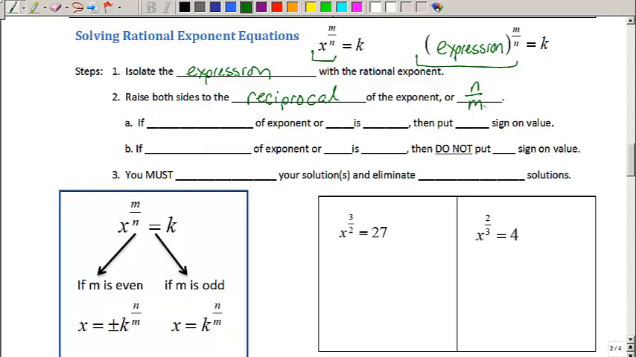Just like I did when I was taking the square root, instead of taking the square root, I took to the 1/2 power, or instead of taking the cube root, I took to the 1/3 power. I'm taking the reciprocal so that they multiply out to 1. So if the numerator